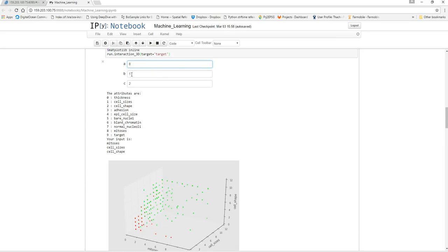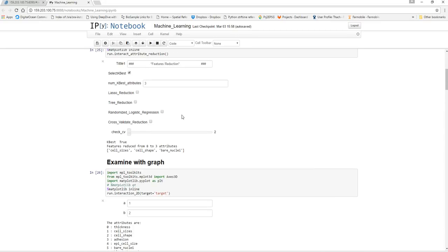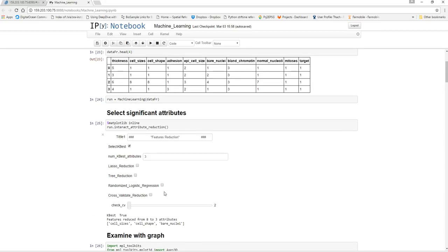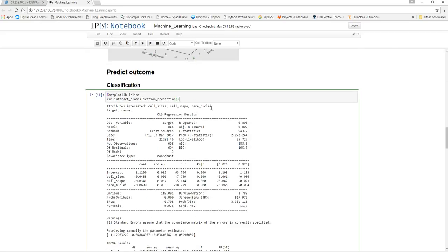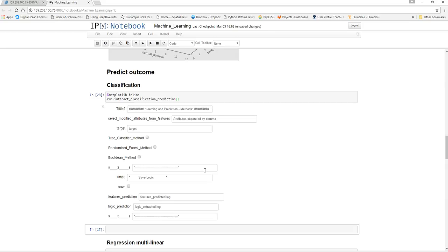But when I say bare nuclei number 5, right, and normal nuclei number 7, right, or 1 cell shape and bare nuclei 5, 1, okay. Or over here you say, let's go a bit further. Let's go a bit further like this one. Okay. So basically this one is